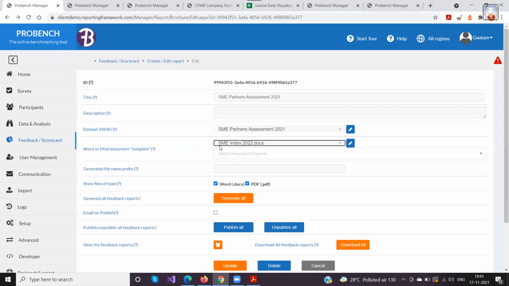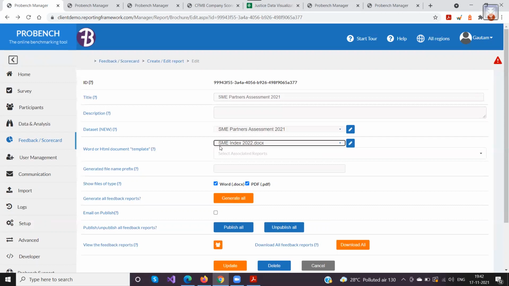Because you might have 50 companies participating, or 100, or 150 companies, but the template of the report won't change for all the companies, right? So there is this one template document that we need to upload so that the system knows what template to use, and then it uses the same template to generate multiple reports with company specific data.